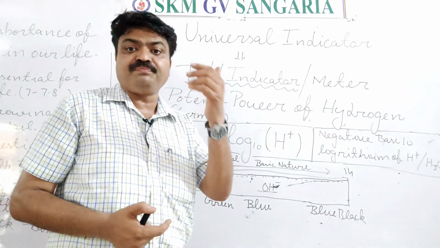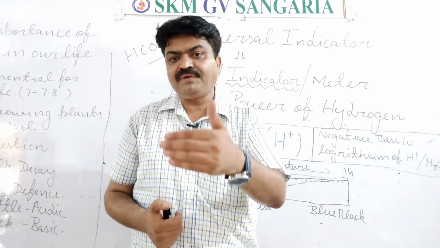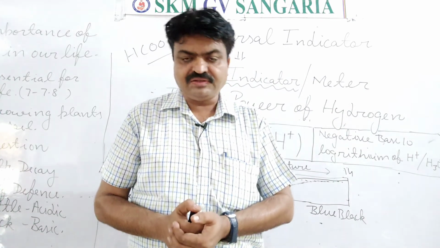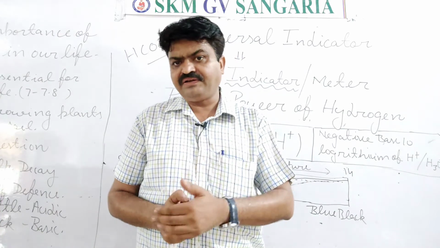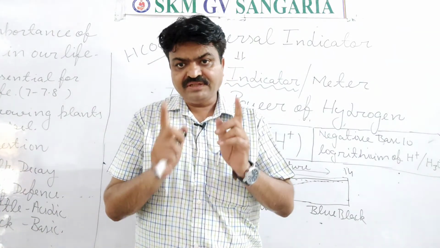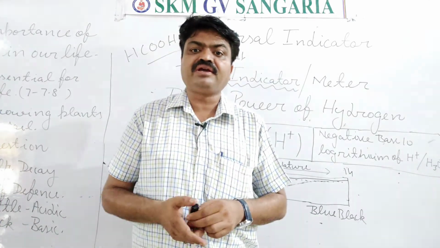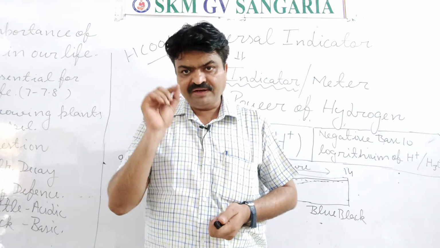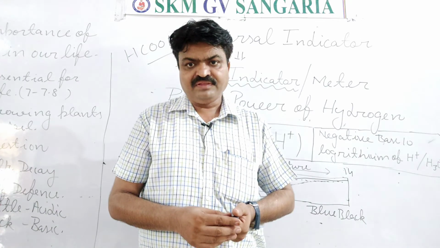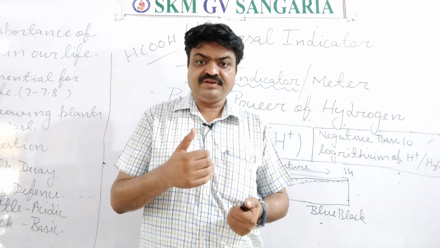Like this, there is one plant, student, that is found in the dense forest. That plant is known as the nettle plant. That nettle plant also contains one acid, and what is it? The same acid, student, methanoic acid. It means the leaves of the nettle plant have methanoic acid in them, and when that methanoic acid enters the body of animals, that particular part has pain or irritation.